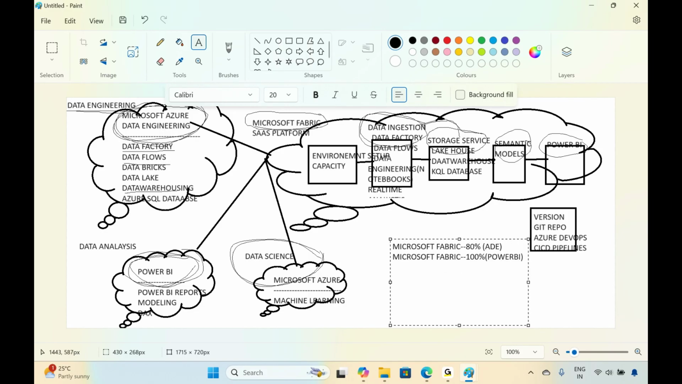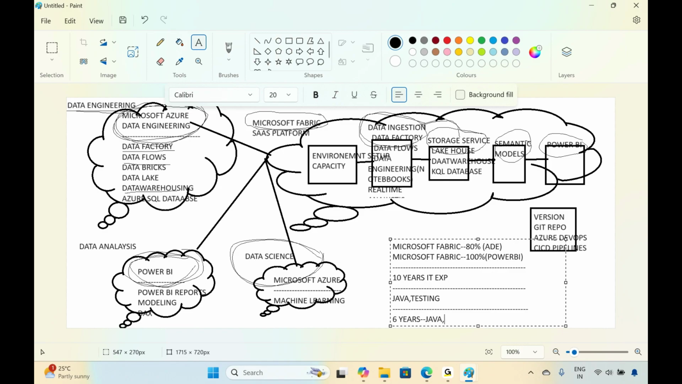Okay, when I am applying for jobs, for example, I already have 10 years of IT experience. In these 10 years, I've been working on Java and testing, different kinds of technologies. Now when I search for a job and prepare my resume, how do I need to prepare it? You need to show the past 6 years as Java and testing work. For the remaining current 4 years, you need to specify